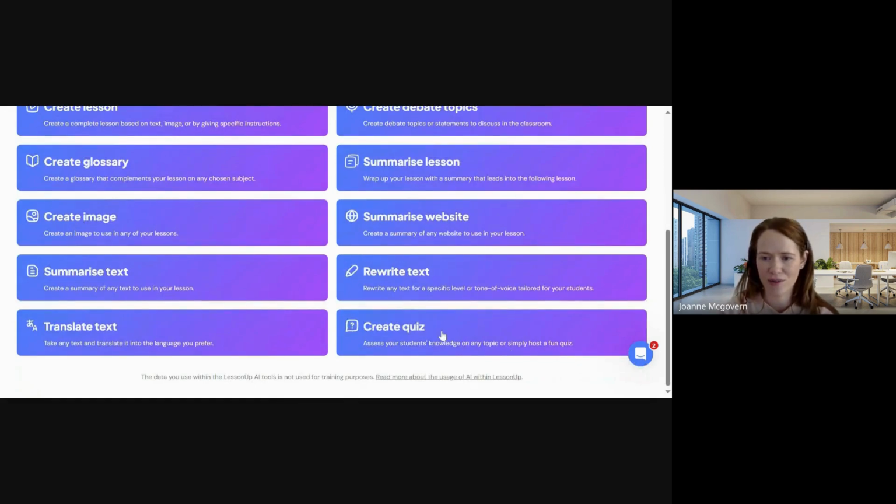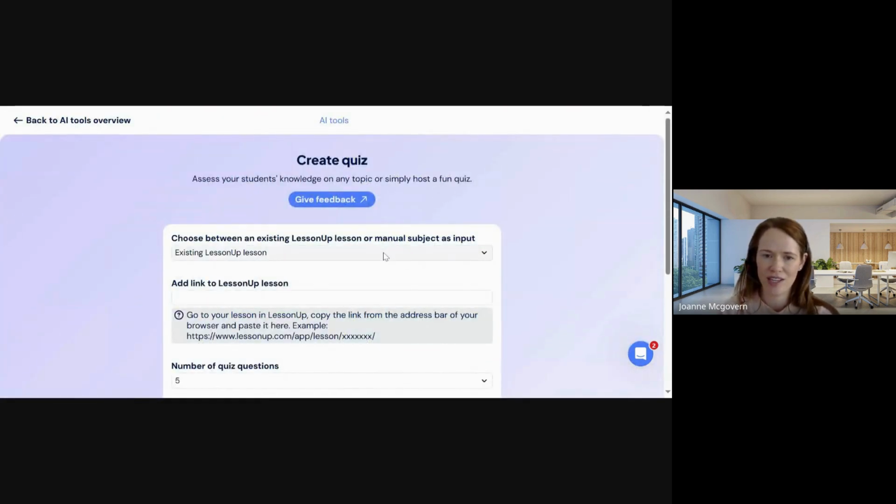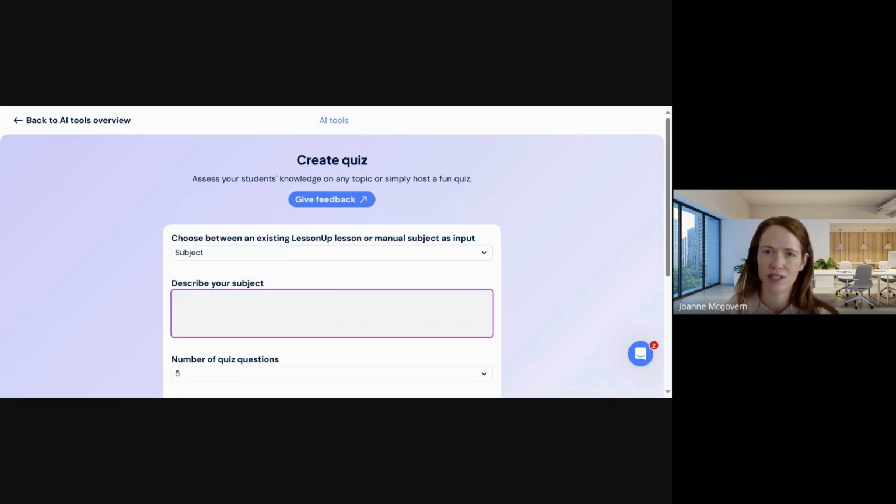And create a quiz. So if you've got an existing LessonUp lesson that you've already created, you can bring it in. You can add the link to it, but I'm just going to go back to subject again. The reason I'm doing this is just to let you see the different features. On this one, I'm going to create a quiz on workshops,